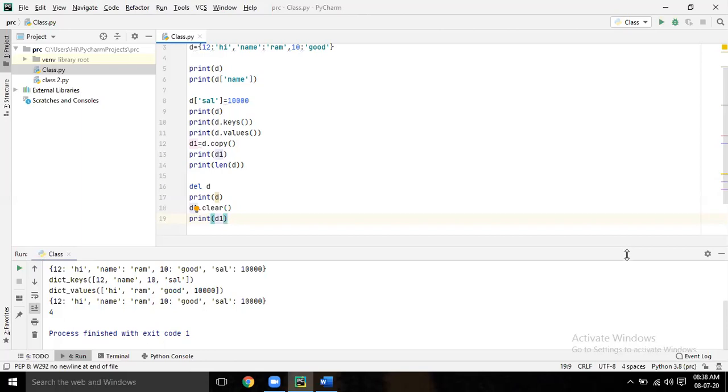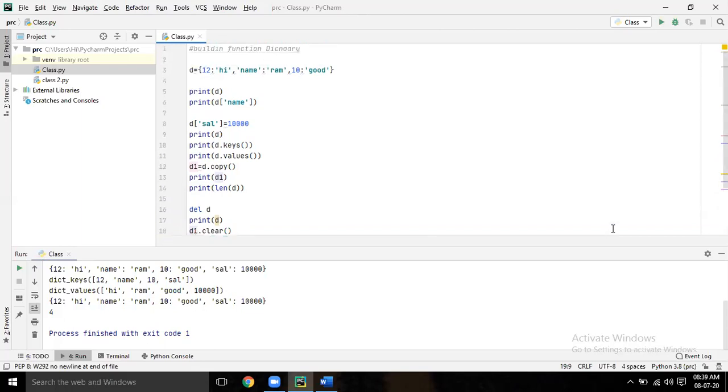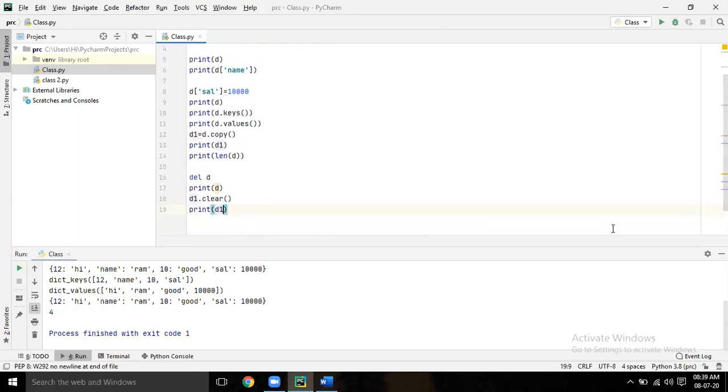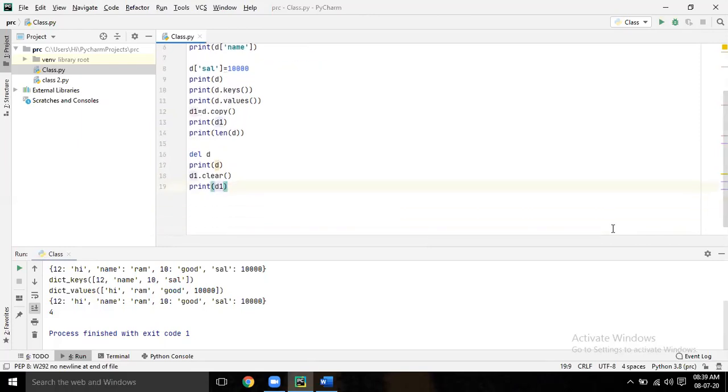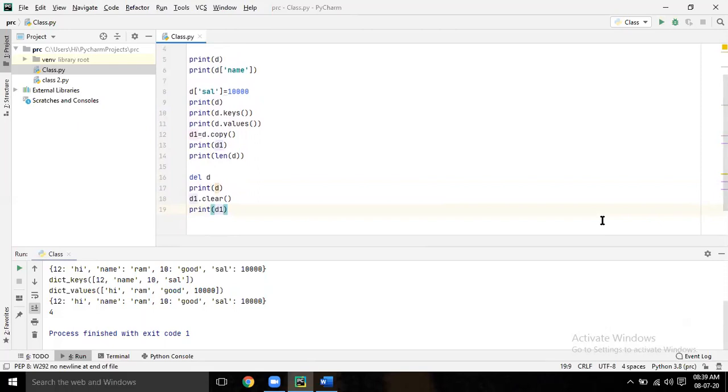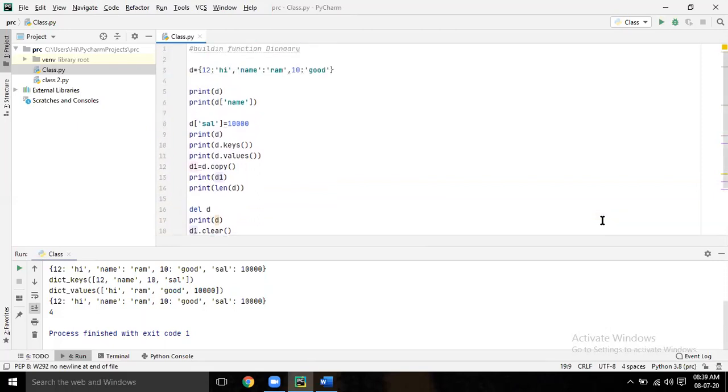If I want to only remove name, replace or delete? Replace we did. You want to update a particular one, you can update that. Now D1 and D2 both are cleared. So what to do? Go up after D, enter.